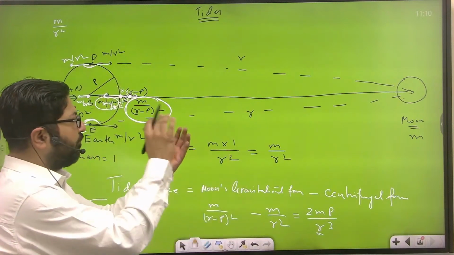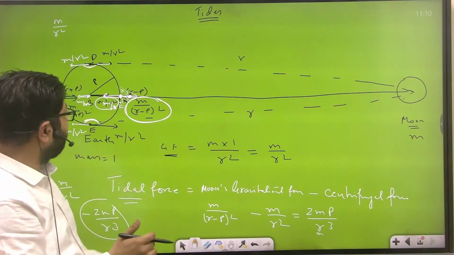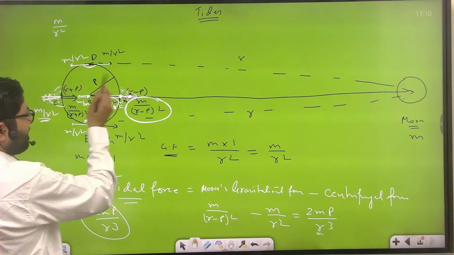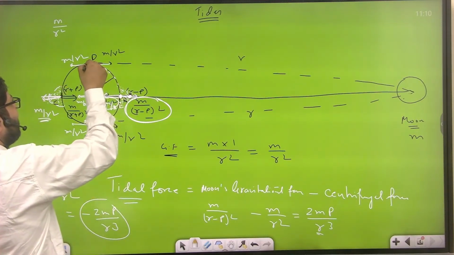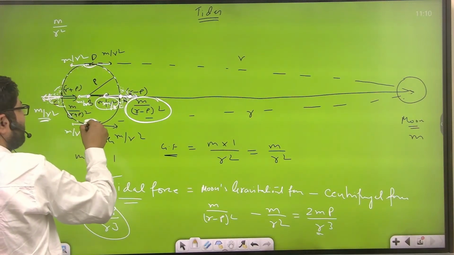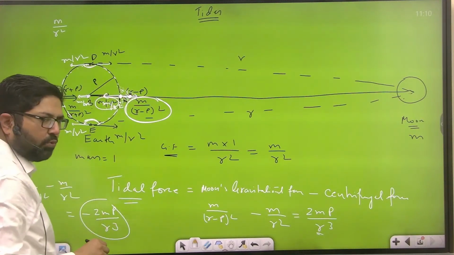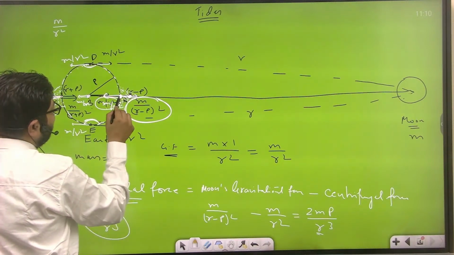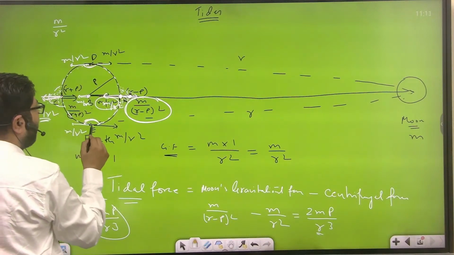This point will move, another point will come below the moon, giving two high tides and two low tides. Since Earth's rotation is very fast, this point will reach here after 6 hours. Further, after 12 hours, it will reach here. After 18 hours, it will reach here. After 24 hours, this point will again come to its original position. In 24 hours, this place will experience high tide, low tide, high tide, low tide, and again